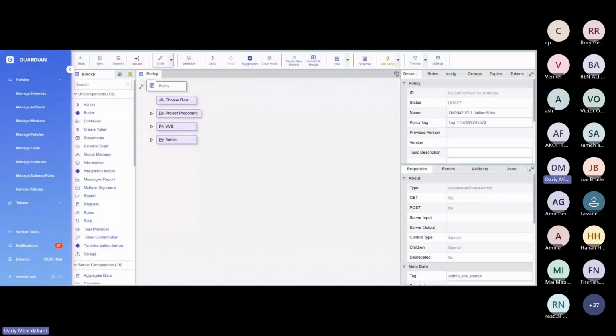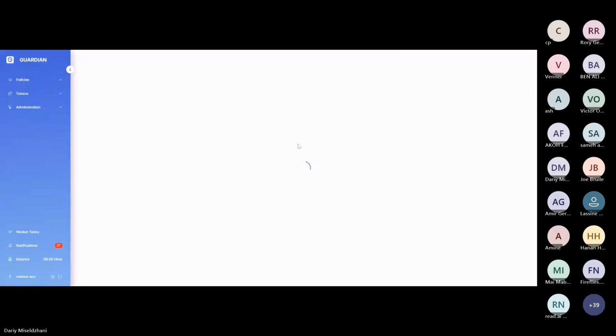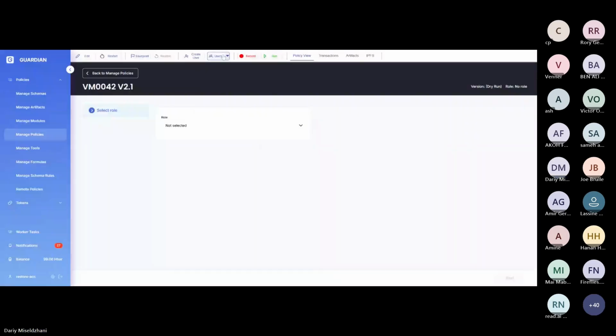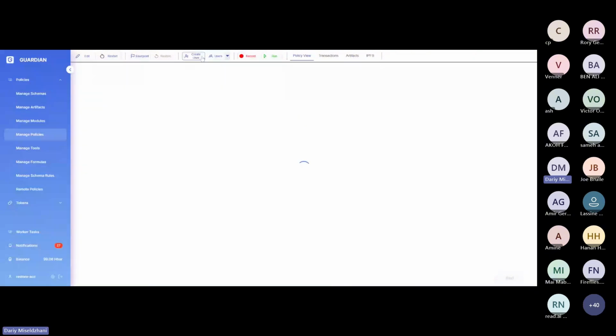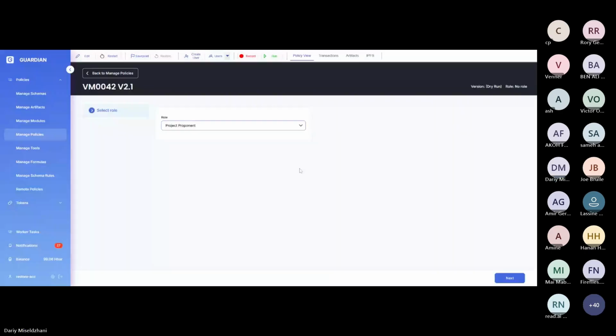Also, we can run policy as dry run. I don't want to save. Okay, I don't remember that I made changes. I can show the navigations or blocks that I described. This is the